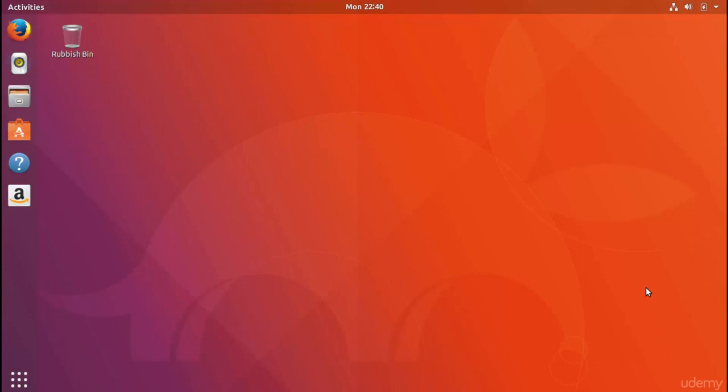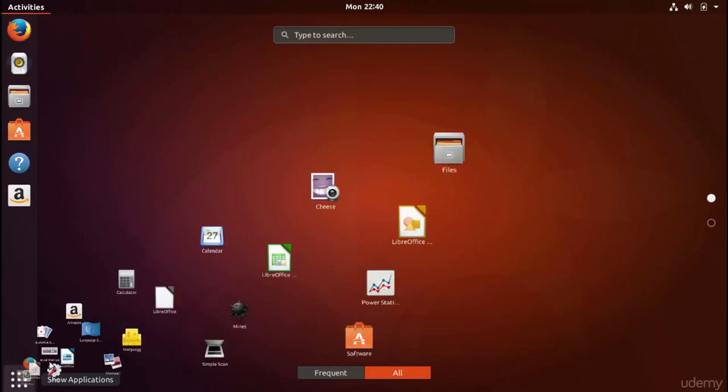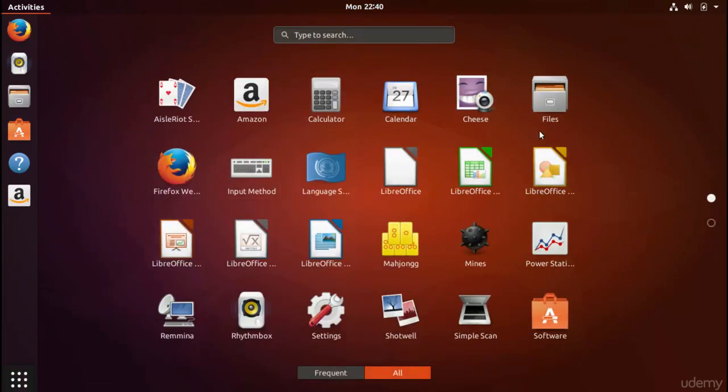Alright, so here we are on our beautiful Ubuntu desktop. Now I'm going to show you how you can go ahead and open the terminal using graphical methods. Down the bottom left here, you will notice a set of 9 dots, and if you hover over it, it says Show Applications. If you click on that, it'll open up in a rather awesome way a whole list